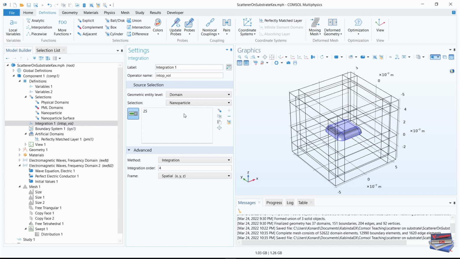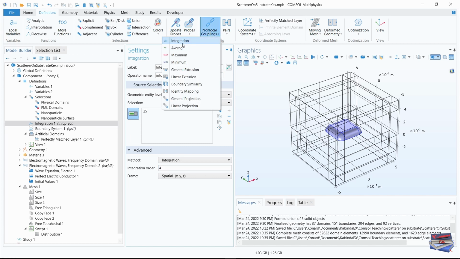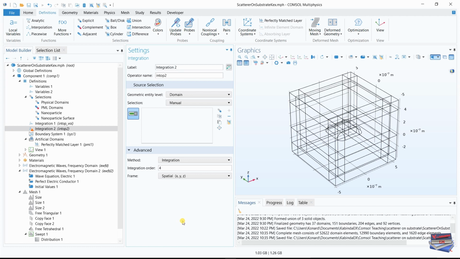and we're going to create another one of these, and this one will be the nanoparticle surface. So for the operator name, let's give it that, and let's change this to boundary, and we have the nanoparticle surface right here. Okay,